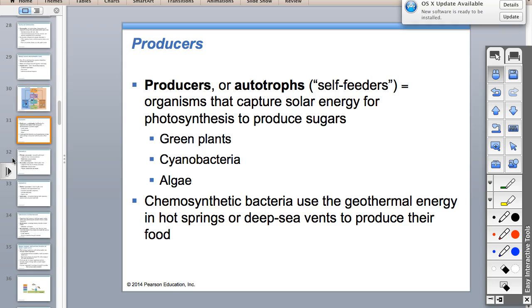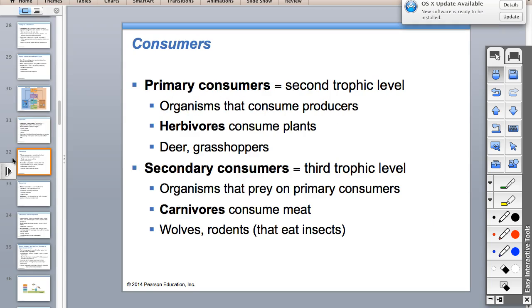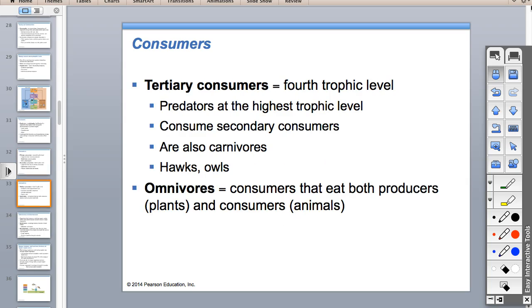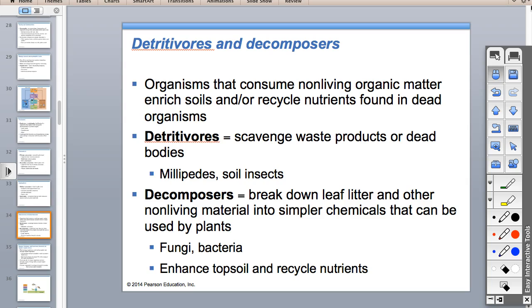Producers, I'm going to go through this part pretty quickly. They make their own food. Those are some examples. Primary consumers, that's another word, like I said, for herbivores. Secondary consumers is another word for carnivores. If you feel like you need to highlight this, then please do. I want to make sure I have enough time to talk through this tricky stuff, the biomes, the cycles. Tertiary consumers, and then you're going to have people or animals like us that are consumers of both plants and animals, and those are omnivores.